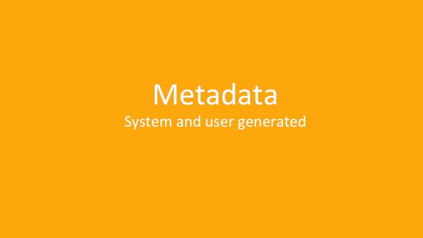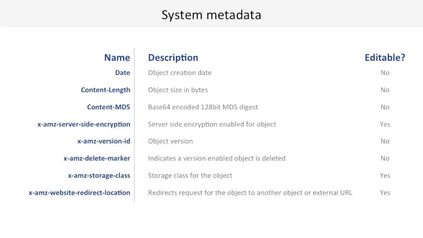Now, of course, objects within S3 have metadata associated with them. They have system-generated metadata. Some of that data is the date that your object was created, the size in bytes of the object, and the checksums. There are flags there. For example, for server-side encryption, I talked about putting a simple put header. This metadata is a header that is enabling server-side encryption, which will turn it on and off. We can clearly see a version ID there, so talking about object versioning, that will be returned, and going with that is a delete marker, so that if this is actually a deleted object, then we can see that based